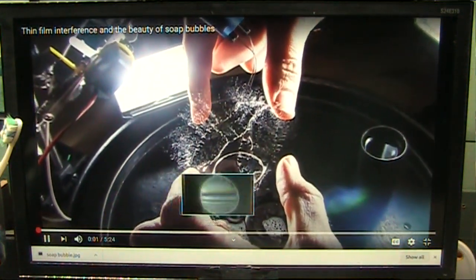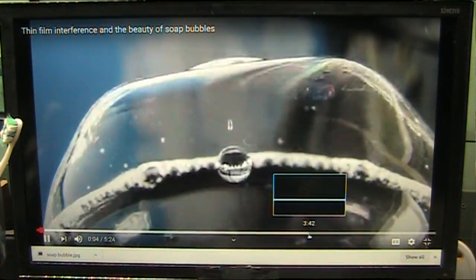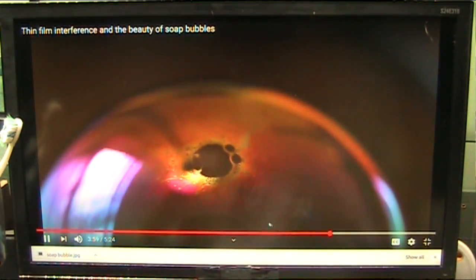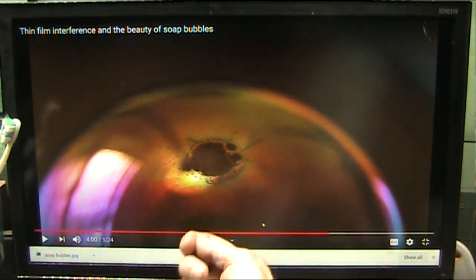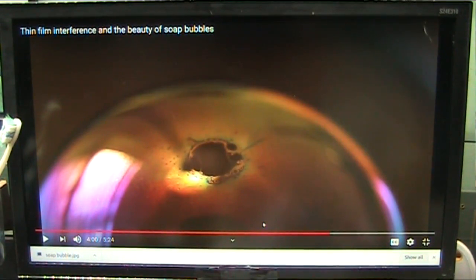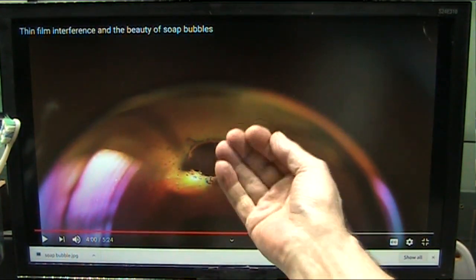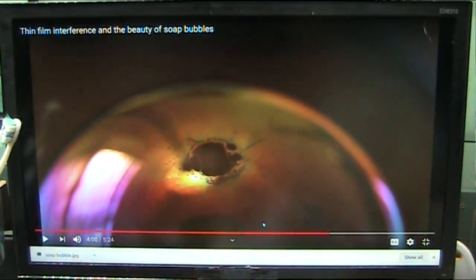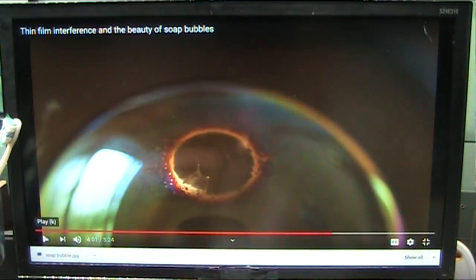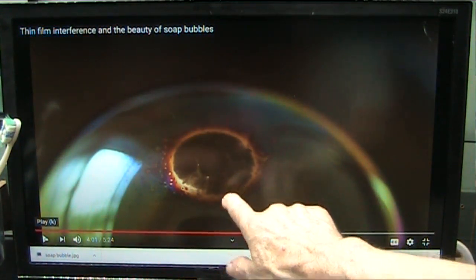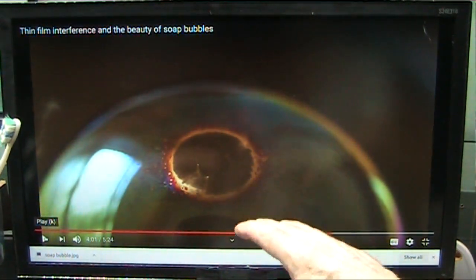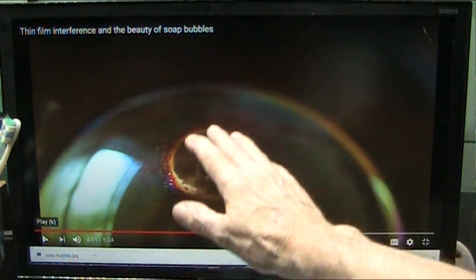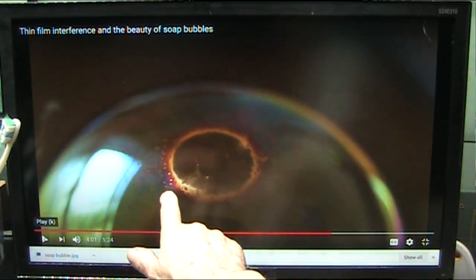When I was working on my high-speed photography setup a while back, I started messing with soap bubbles and films. Somewhere over in this area, I want you to start looking at it and thinking, can light come backwards? I say no. I say you get no reflection this way. This is a dead zone, and I believe in my own mind that is literally what you would have to consider dark energy. That is the particles that were the black particles attached to the white. They've drifted up. All the particles that have energy are drifting down.